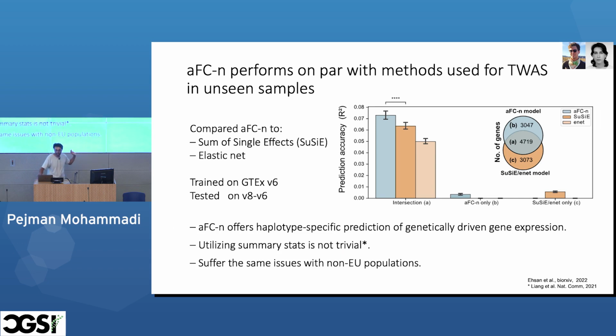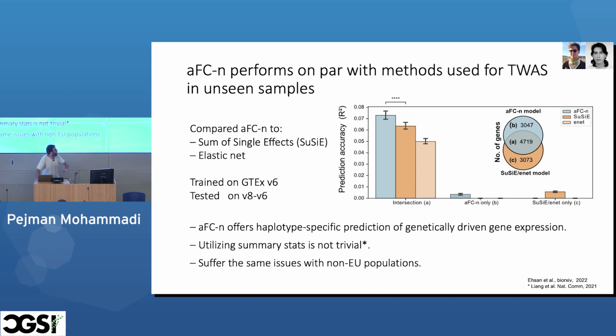So we used the AFCn to also predict the gene expression. We were just curious how this fares against elastic net and SuSiE. And Nick helped us with doing that. Here I have a significance line, but anyone who has done this sort of experiment knows there are too many moving things. But no matter how you cut it, this performs at a similar level to the methods that are used